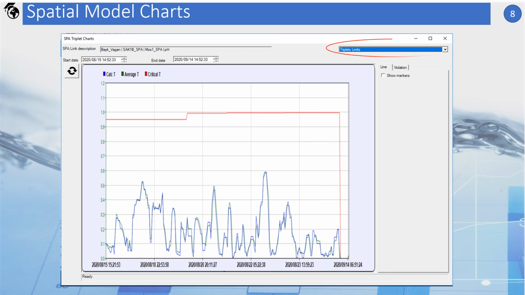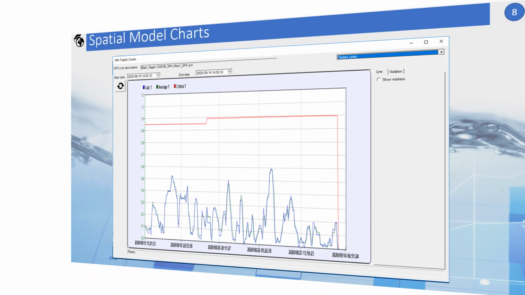The current chart shows 3 lines. The red line is the critical value, the value from which an alarm should be triggered. The blue and the green lines are the actual triplet value. When the blue line crosses the red line to the upper side of the chart for a moderate amount of time, the average of their value defines when the triplet should trigger an alarm. The alarm of the triplets is used for verification of the pair's alarms.